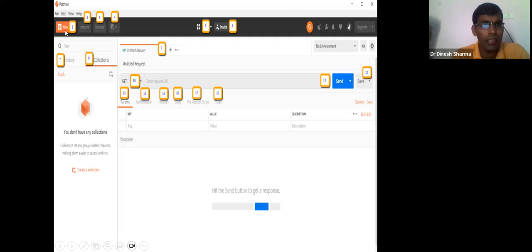Like you can see here, this is first, new. Second is import. If you want to import any data set or any data, you can click on this import and you can import. Third is runner. Fourth is directory. If you want to create any directory, then you can select this option. Fifth, this is the fifth option. Six, invite. Invite means